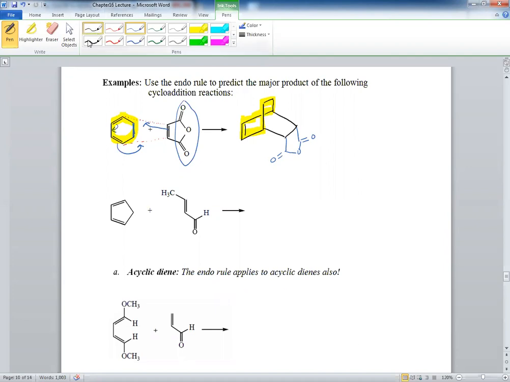So maybe you should pause and draw again the endo of this. The endo is only going to apply to this one right there. This one is going to be pointing up. So maybe pause the recording and the video and then work on this one. Okay, so you just pause now. So again, here's the